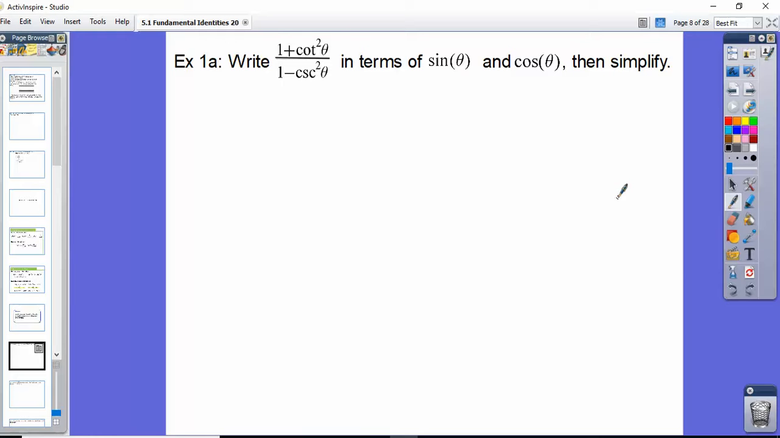So the first one I want to look at, if I give you 1 plus cotangent squared theta over